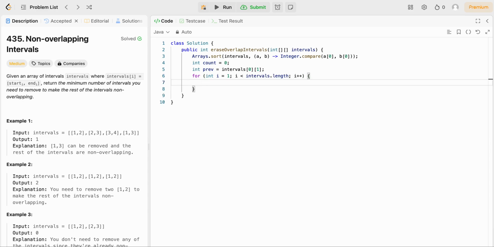So for each of these intervals, we first want to detect if it's overlapping, and we can see that if the interval start time, which is going to be its first index inside this array, is going to be less than the previous end time. If this is the case, then we know that these two are overlapping, and